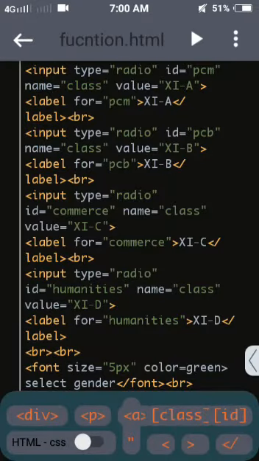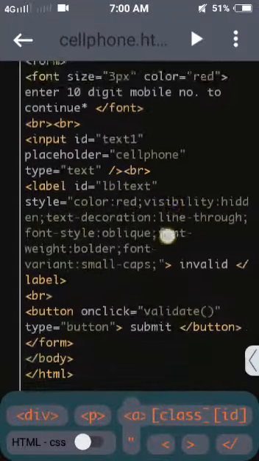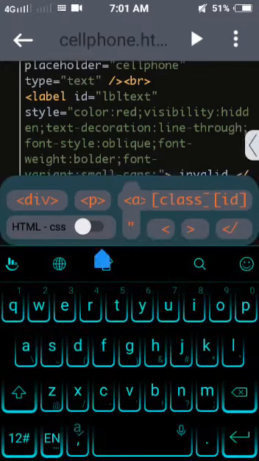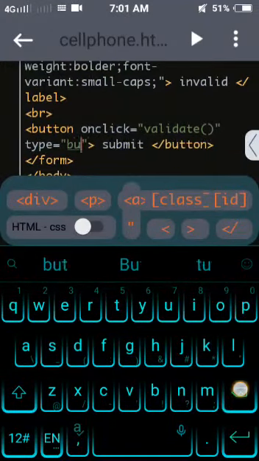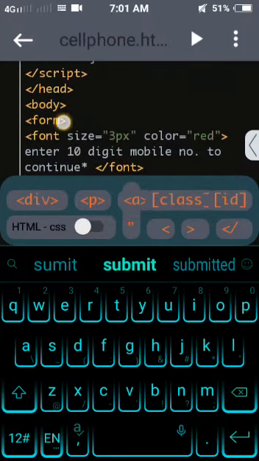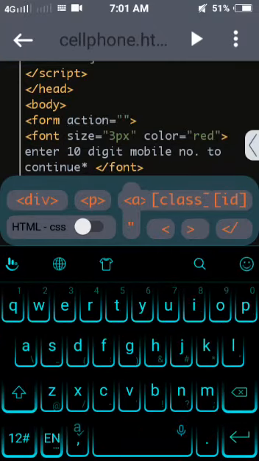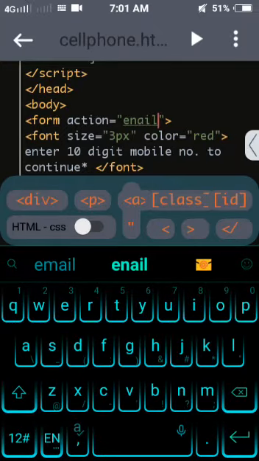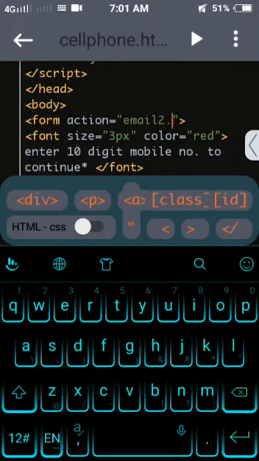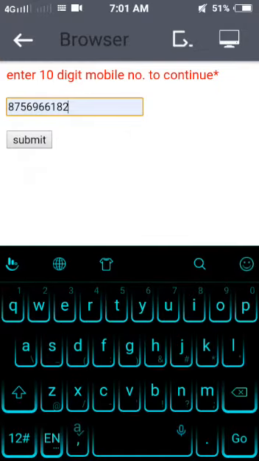Let me see. Okay, now it will run. So we will enter our number here, submit.